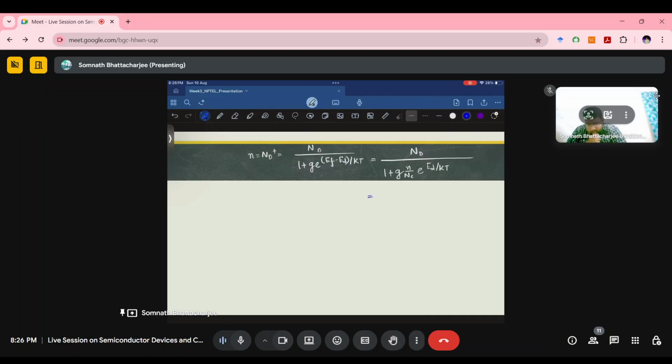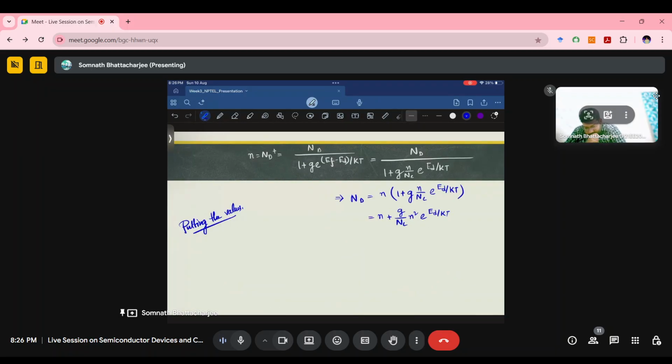From that, ND goes to the left. So the values would be N plus G of N by NC e to the power of ED divided by KT, or N plus G by NC into N square e to the power of ED by KT. Now if we put the values here,